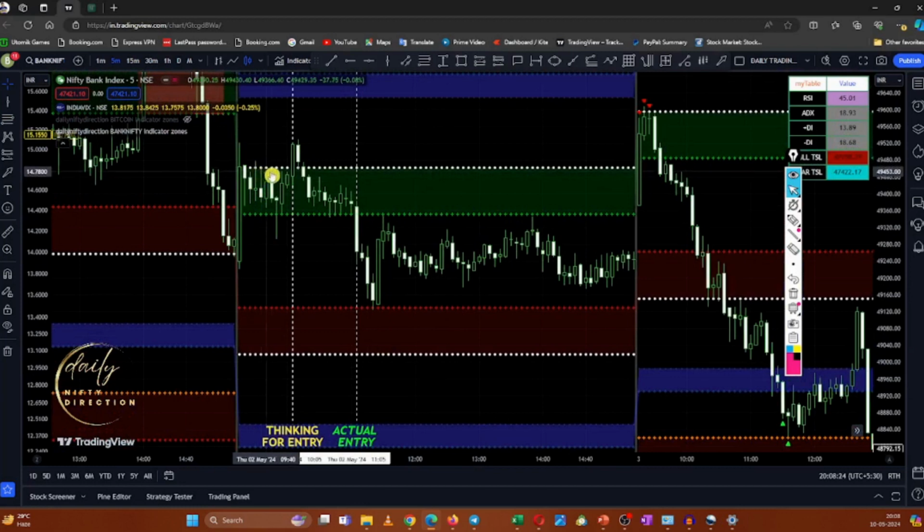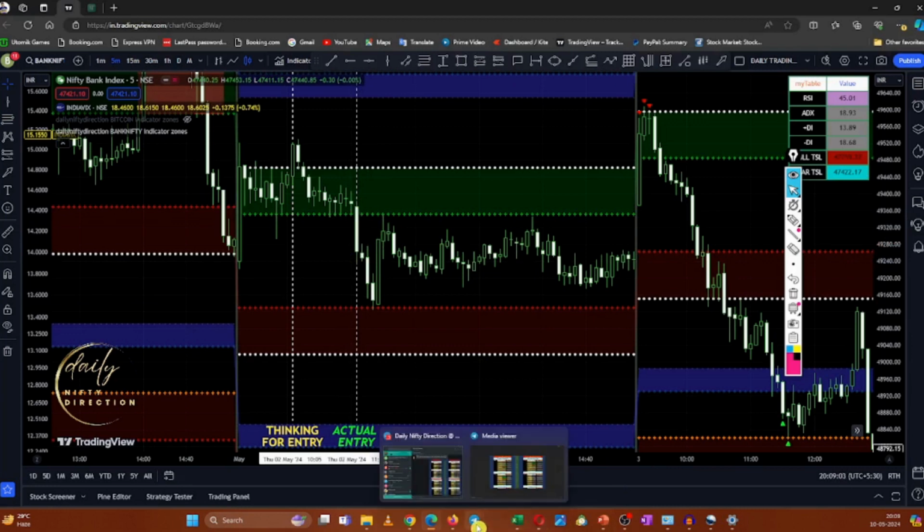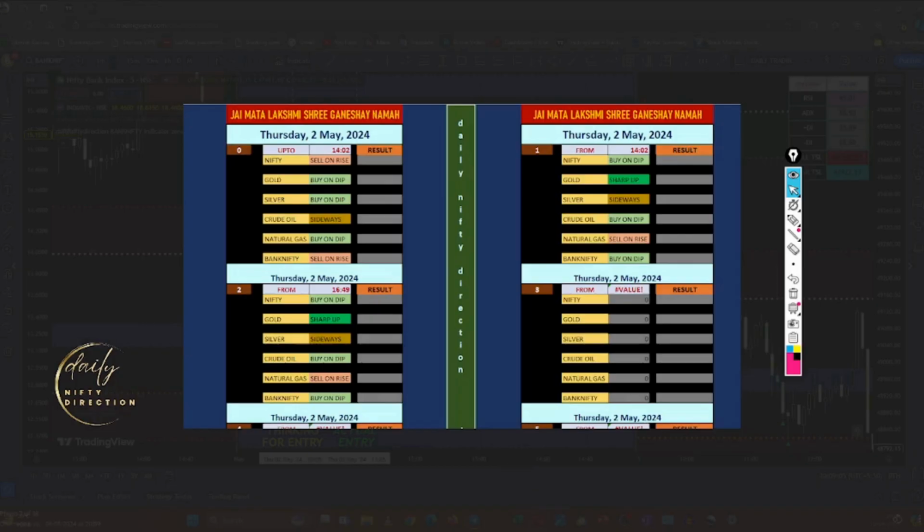On 2nd of May, selling was expected in the first part and then bullish was expected, but what happened? You were thinking here for a bullish entry, but you didn't get the bullish entry here, so you did not get any trades. On this day, 2nd of May, you were not able to take